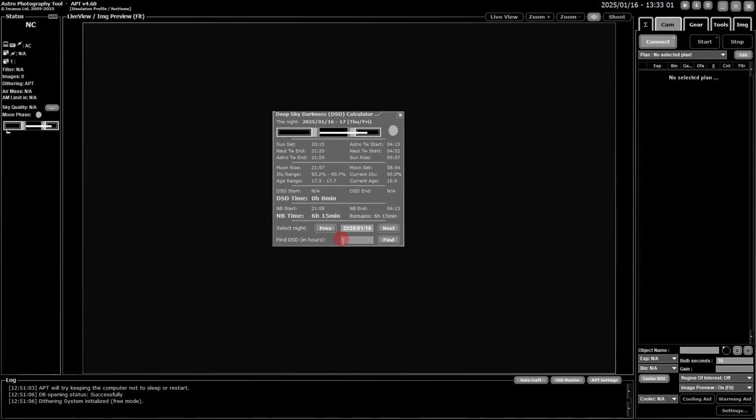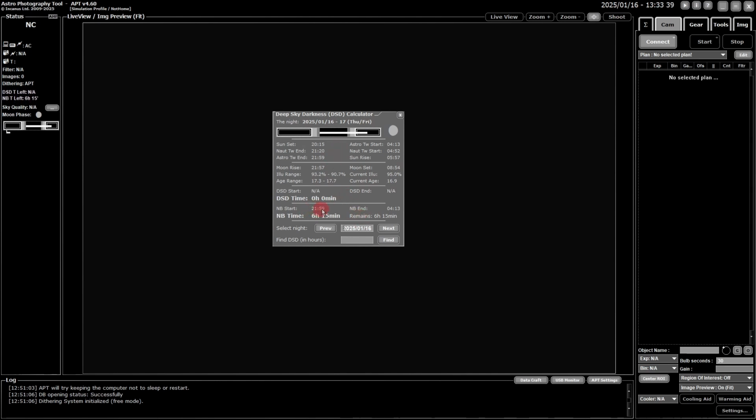You can set a date. So this is set in the format of year, month and day. So I'm just going to change this. I'll go to this, give it a month and go to February, and you need to hit enter. And so there's the details for the 16th to 17th of February, and it gives you all the same details, the moon phase, all your timings, and this would be a great night. You get a whole 11 minutes of deep sky darkness. It doesn't last long. But I'll change this back to today for now because I want to show you something else.